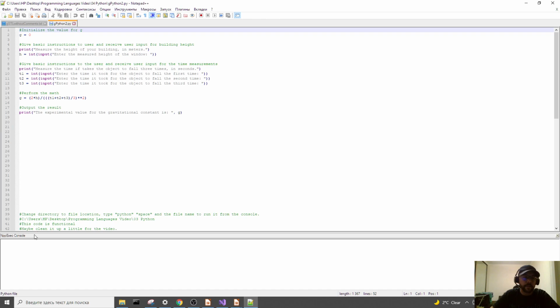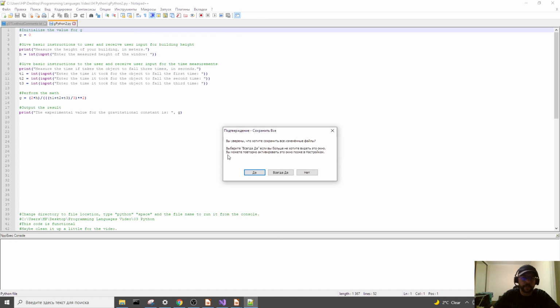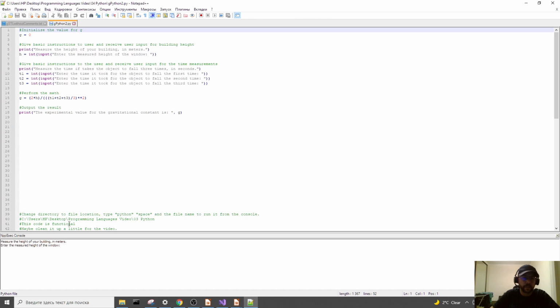And when I hit, try to remember how to do this one. Run Python. All right, so now it pops down here. It's running the code in this little console window. So 20,